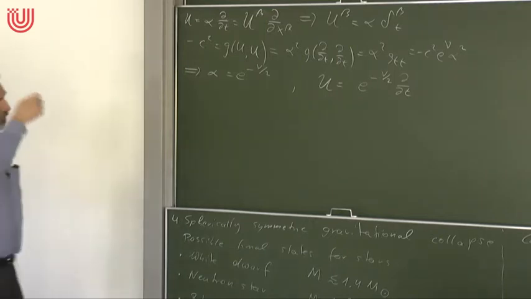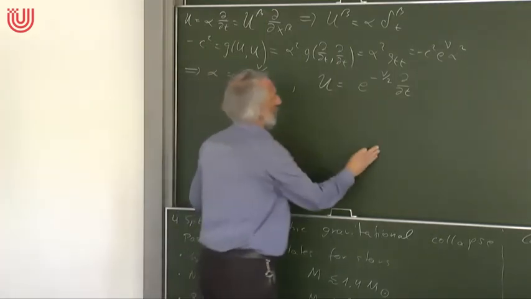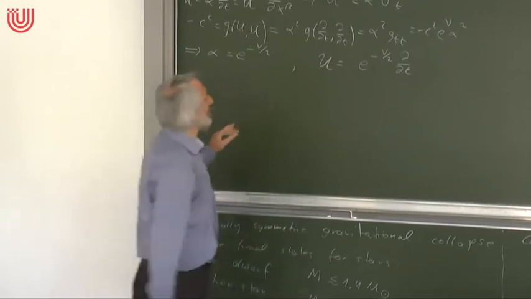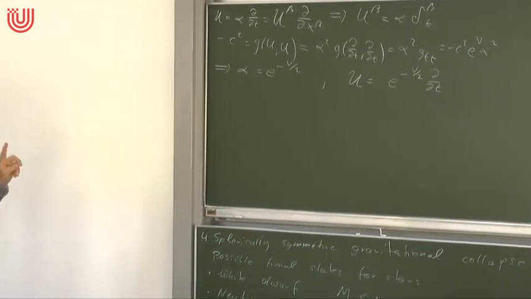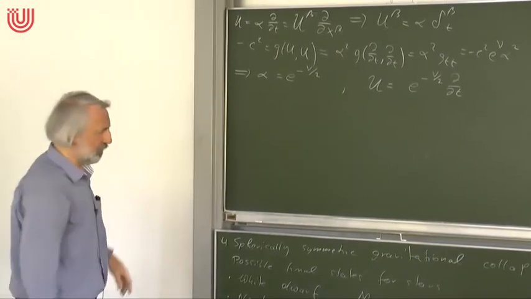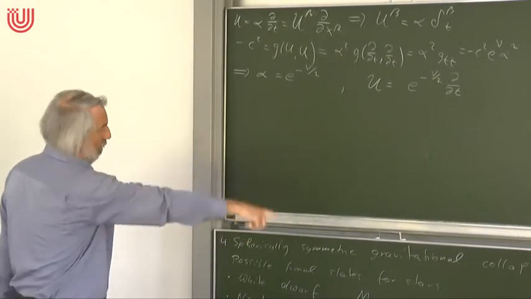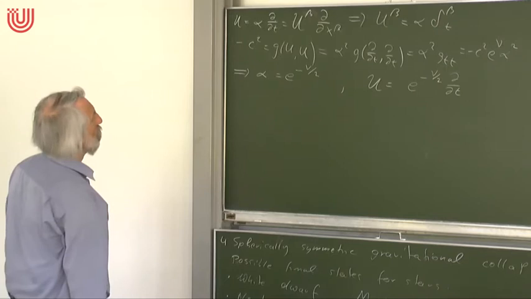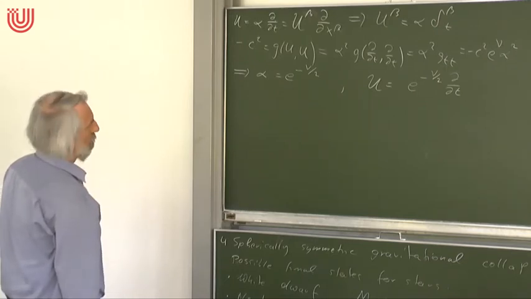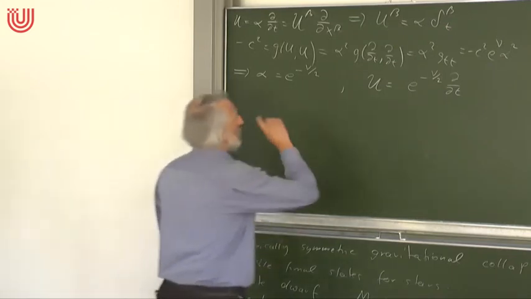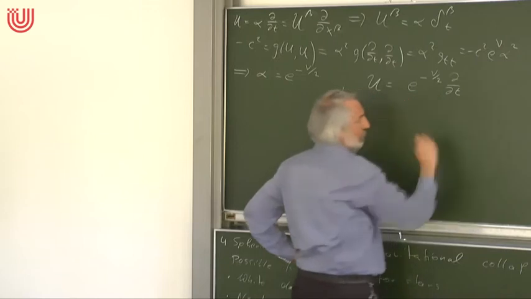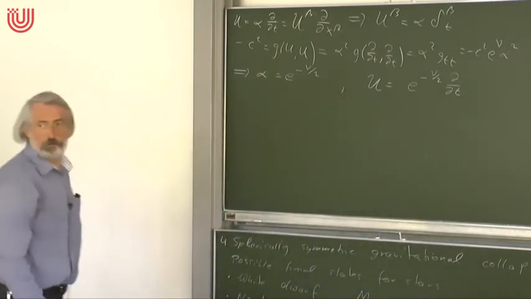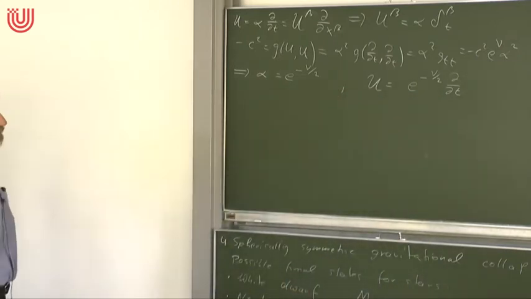So that's what one calls, no, not yet. I wanted to say this is what one calls comoving coordinates, but not quite yet. We make a little coordinate transformation now. So let's insert this expression. I left out the arguments, but nu is a function of t and rho, right? Nu is a function of t and rho by this ansatz.